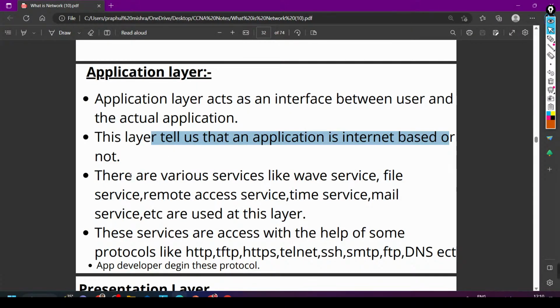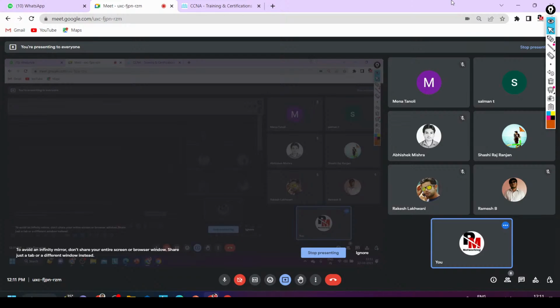After that, there are various services like web service, file service, remote access service, time service, mail service, etc. used at this layer. We have multiple services at application layer. First one is